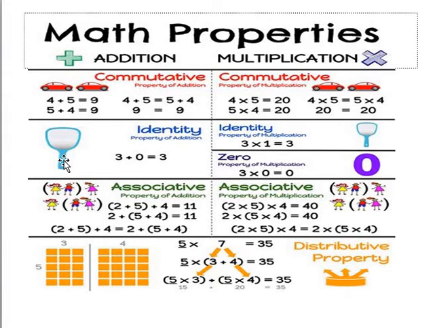Okay, now how can I keep 5? Let's keep it 5 for the rest of 5's life. How can I keep it 5? What do I add to 5 to keep it 5 as it is and not changed? I can add 0, because 0, if you add it to any number, will not affect anything. You cannot add nothing to a number and then change the number itself. No, if you add 0 to any number, that number's identity, its personality, its character, its value will stay